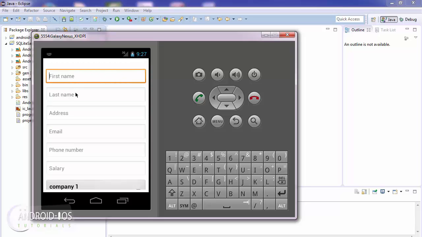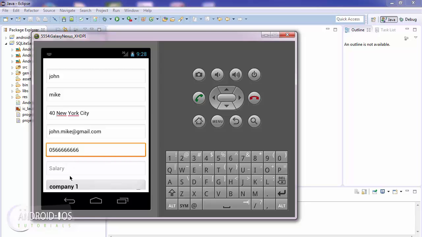Each employee is described by the first and the last name, the address, the email address, the phone number, the salary, and the company that this employee works for. So let's fill this form with some information. For example, John, the last name Mike, and the address, for example, New York City, the email address, john.mike@gmail.com, the phone number, the salary,